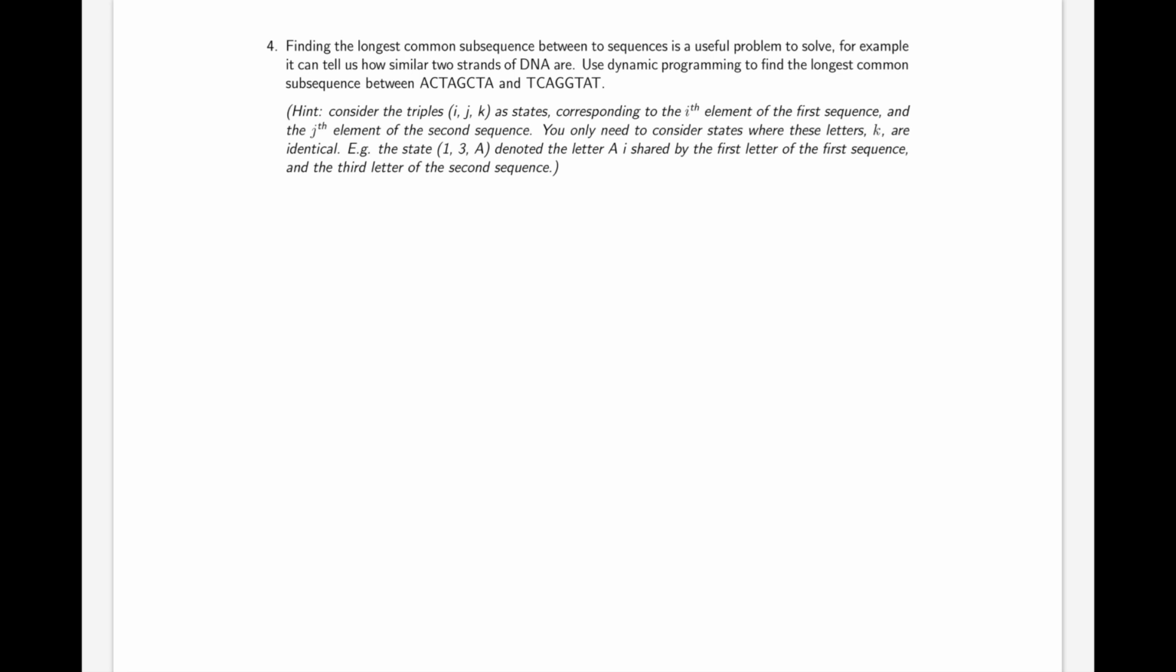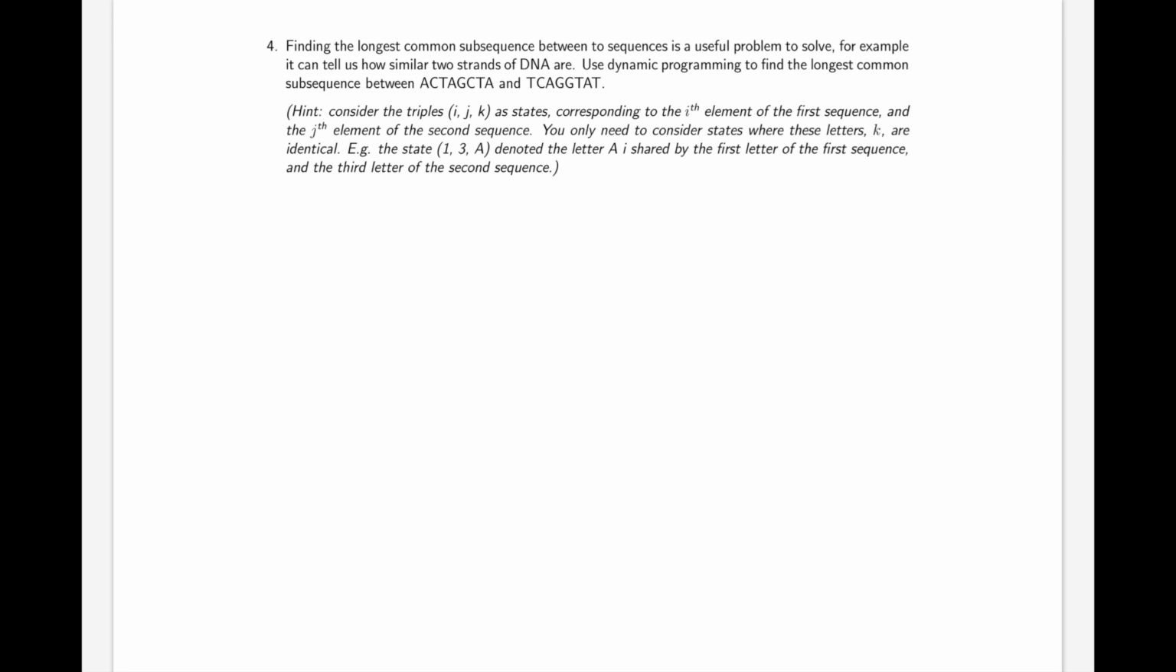Problem sheet 7, question 4. Finding the longest common subsequence between two sequences is a useful problem to solve. For example, it can tell us how similar two strands of DNA are. Use dynamic programming to find the longest common subsequence between